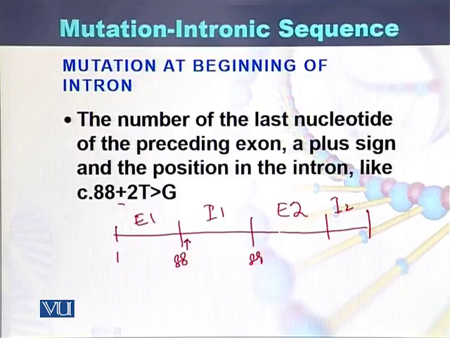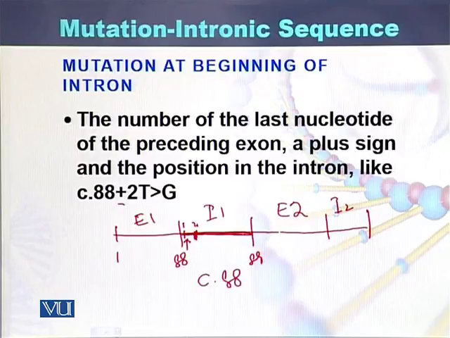So if a mutation is present within the intronic sequence, how do we write it? This is nucleotide 1 of the intron, this is nucleotide 2 of the intron. If there is a change at this position, it will be written as